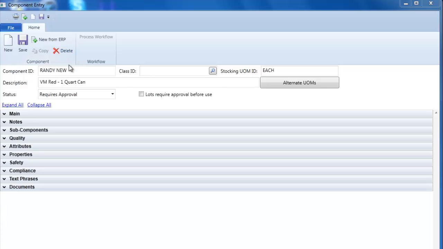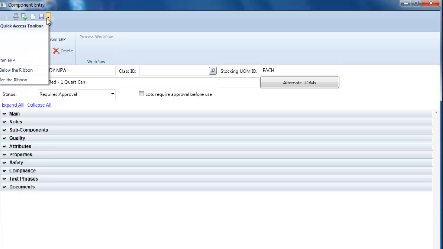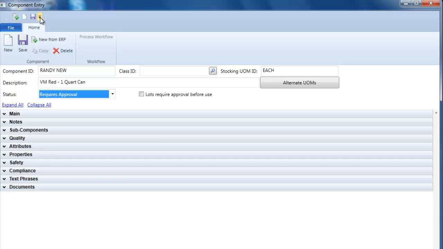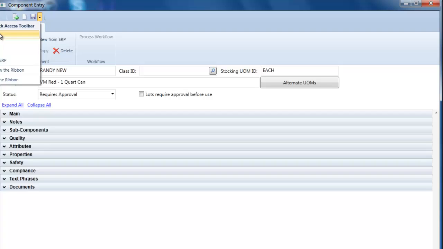Beyond the ribbon bar, we've also got what is referred to as the quick access toolbar. These are in effect shortcuts to things that you perform often, like save or create a new document or add from ERP, etc. So it gives you the ability to minimize the ribbon bar if you'd like, but you could still have access to these buttons. This drop down will actually access the customization capability of that, so I can turn a link on and off by doing that. Like, I just turned off the print button